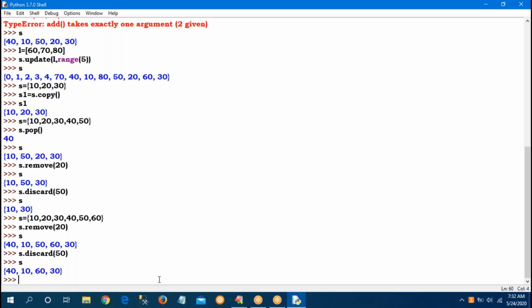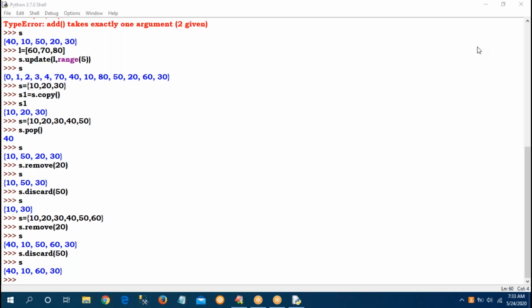Then why two functions? One second. The difference between remove and discard is that both are the same, but there is one difference.